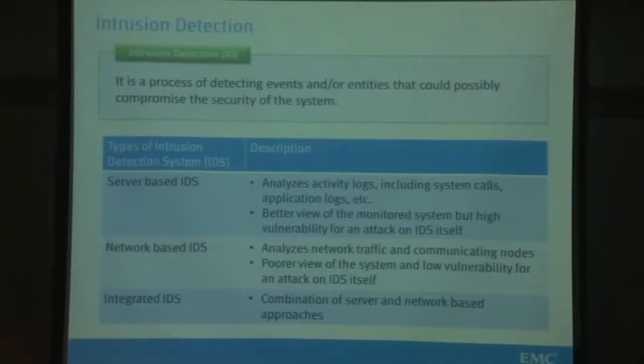So intrusion detection is one more mechanism where in a network there can be an attacker who intrudes into a network and starts attacking your system. For example, a denial of service attack, by making use of your resources and trying to get an application down, or crashing a server, will lead to denial of service. So an attacker can intrude into your network, come into your network traffic and try to do malicious activity in your infrastructure.